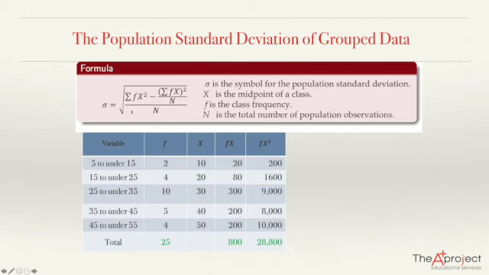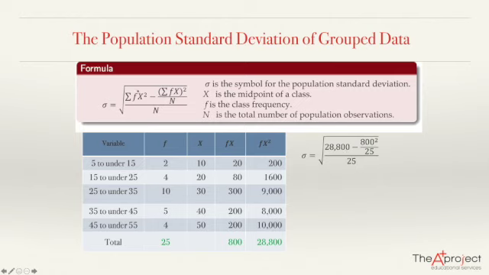So you have all the numbers to plug into the formula. For example, here they say the sum of the x's squared. So the sum of the fx squared is here. The sum of the fx, this is here, 800. n is the total number of observations. It is this number, 25. Let's use the formula then. Sigma equals